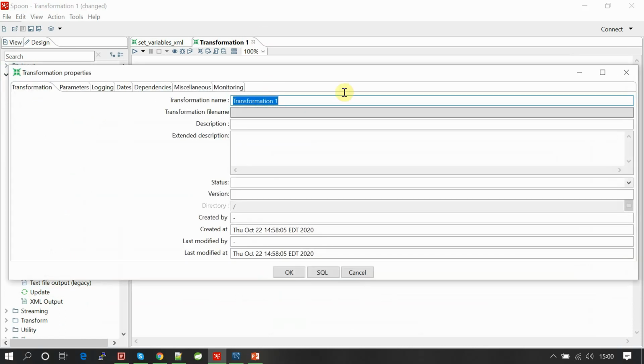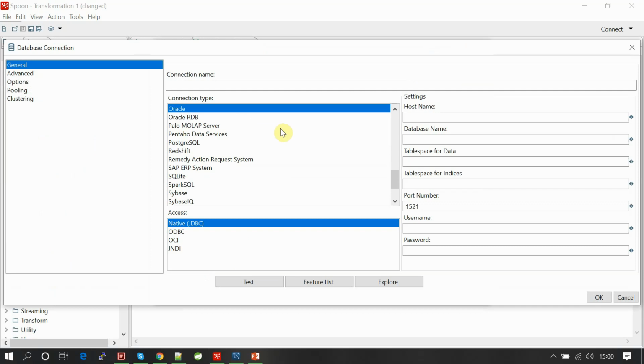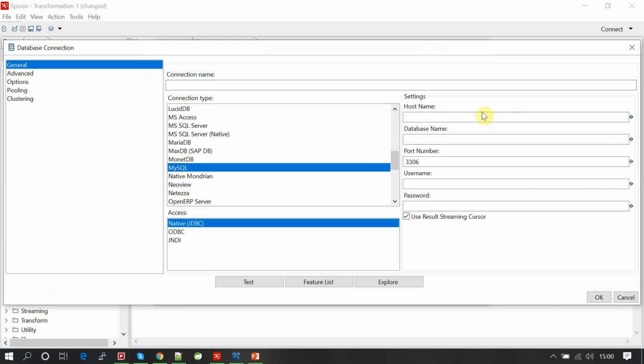Sorry, so give a new connection, table output, new connection. Okay, my local database is MySQL developer edition, and the connection details are localhost